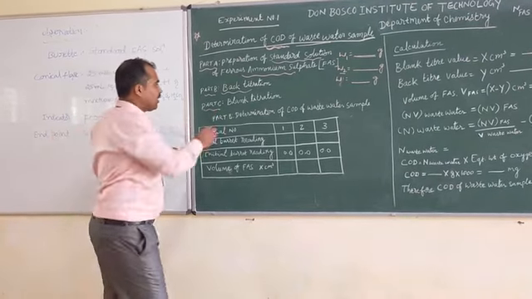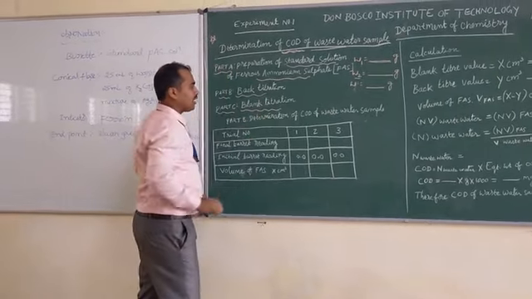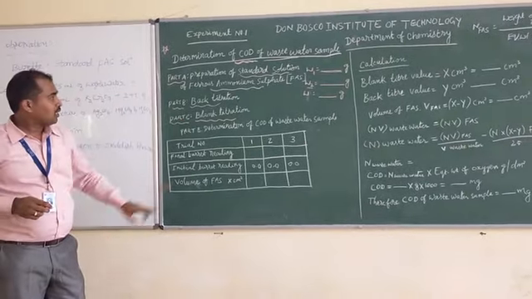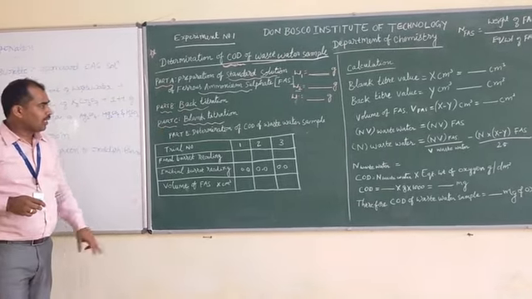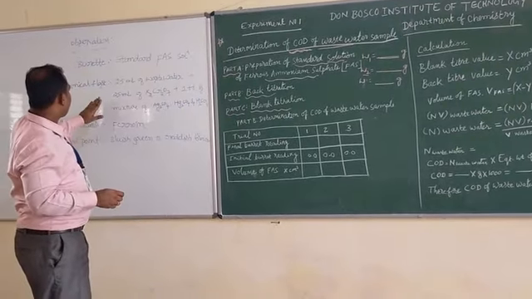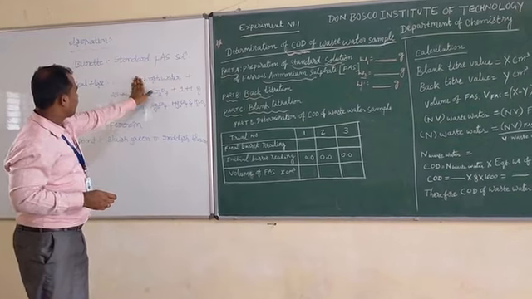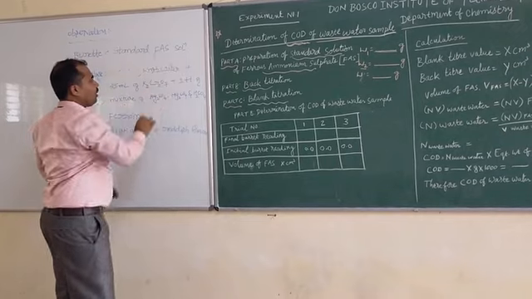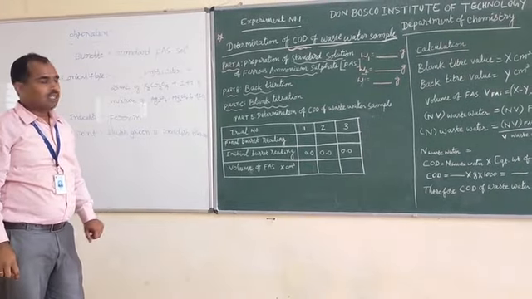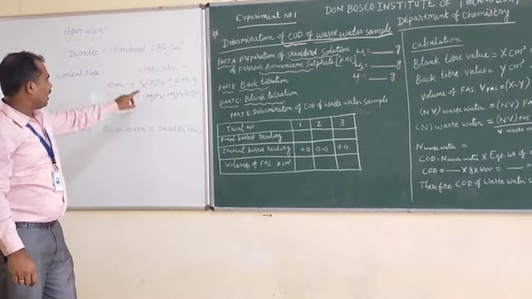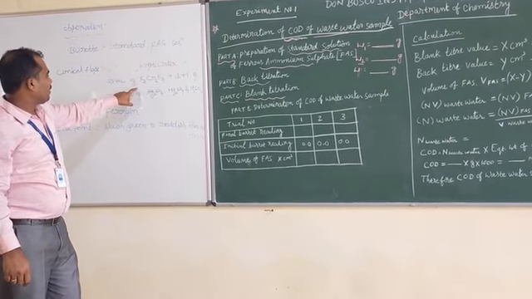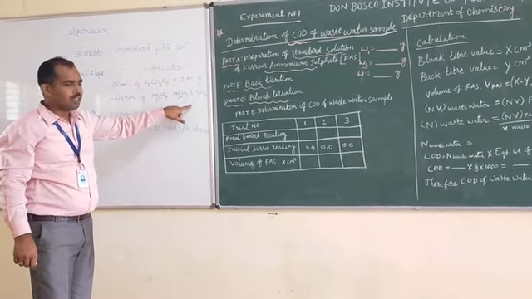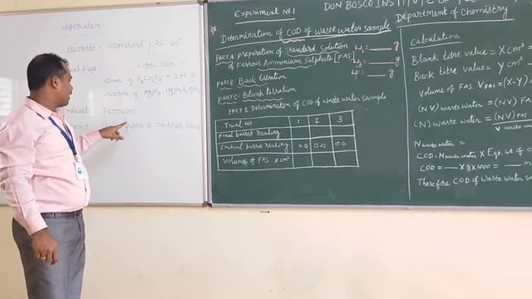Here the next step is to carry out the reaction without the wastewater sample, which is called the blank titration. So in this third step, the blank titration, we have to carry out the reaction without the 25 ml of the wastewater sample. We should avoid adding the wastewater sample into this solution, and without it we need to add potassium dichromate and a mixture of silver sulfate, mercury sulfate and sulfuric acid, followed by the ferroin indicator.